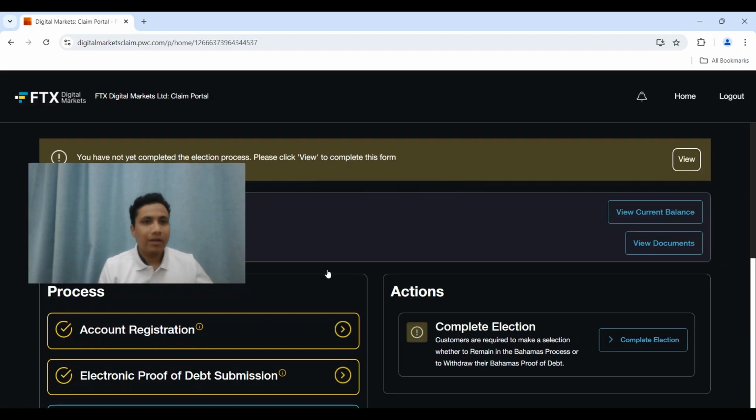Your claim ID, your registered email, and there's an option of viewing your current balance, etc. I'll be hiding my details for confidentiality reasons. You can either click on this view button here, or you can click on complete election here. I will be clicking on this option here on the right side of the screen, complete election, to move ahead